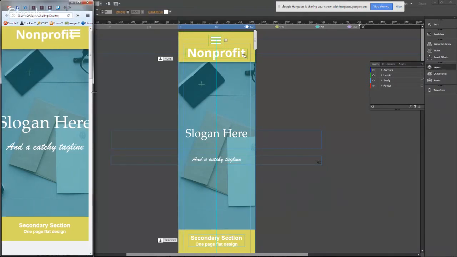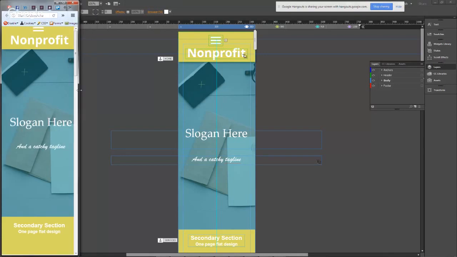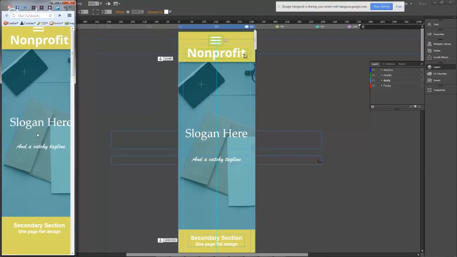If I bring it in real close, oh, there it is. I have to do a little bit of adjustment. I could have brought that text in a little smaller, but you still get the idea that this is the vertical mobile view. Again, all of my elements changed based on what I gave it without making any adjustments